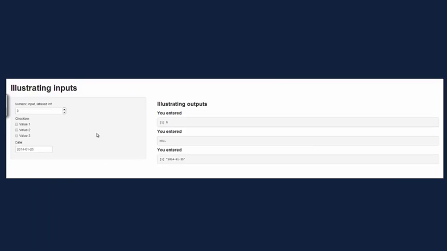Okay, and here it is actually live. In my RStudio, I typed runApp in the directory that contained this code. This code is in the GitHub repository, and you can see as I enter a numeric input, as I increase it to 5, it's changed to 5 over there. I check value 1, value 2, value 3, value 2, value 1. I can grab a new date. Okay, so that's showing you how you can get from your inputs to the server, then back to the